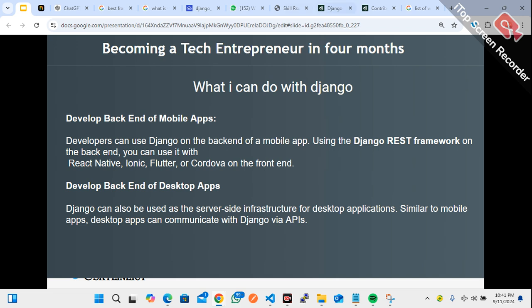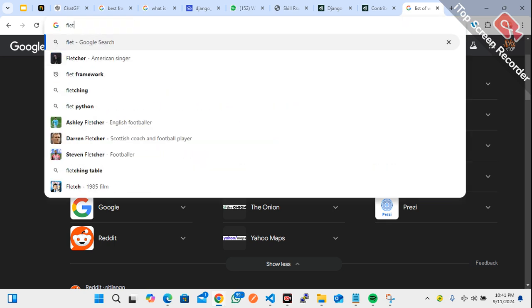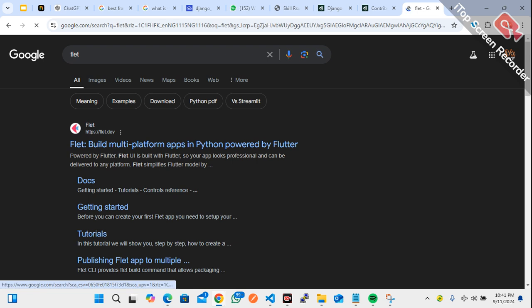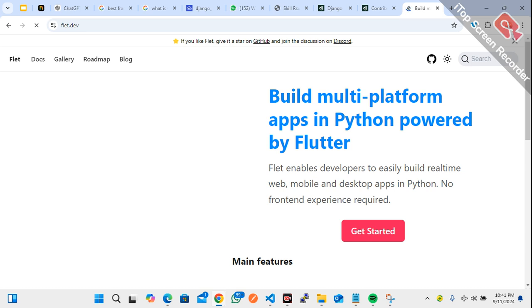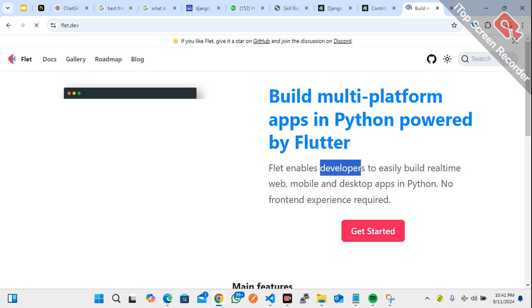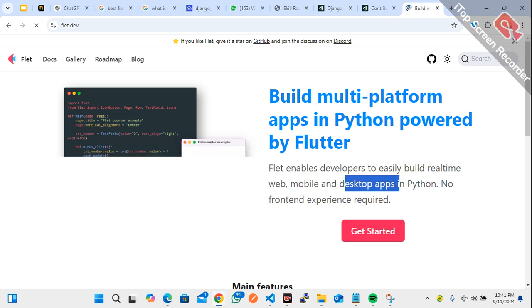Use Python. In fact, there is this Python framework. They call it Flet. So this Flet is one of the Python frameworks you can even use in building both desktop app and mobile app. So you can see, it enables developers to easily build real-time web, mobile, and desktop. It is a Python framework